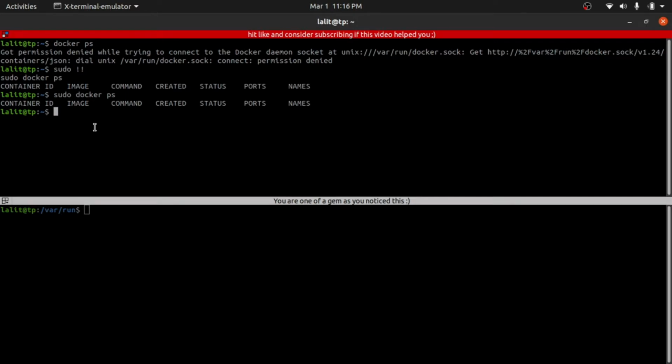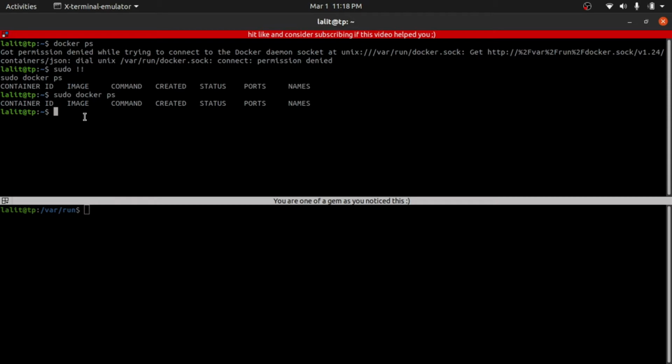Now this issue can occur because of 3 reasons. I'm going to discuss the first 2 now, and I'm going to give you the final solution in the end. So the first issue is that you haven't created the Docker group on your machine. And one more thing, if you have done the first 2 steps already, then please bear with me because I'm going to give you the final solution in the end. These first 2 steps are for those people who haven't done these basic things, for running the docker command without using sudo.